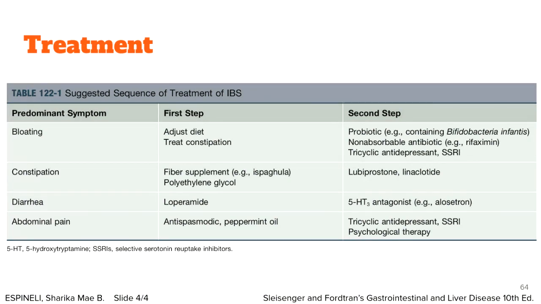Sequence for IBS. So basically, the patient should be treated depending on the predominant symptom. Then you adjust the treatment accordingly if there is no response. So this is just like what I said earlier. But since abdominal pain is a prerequisite for the diagnosis of IBS, I would like to reiterate that as first line of treatment, we give